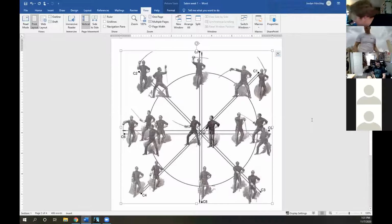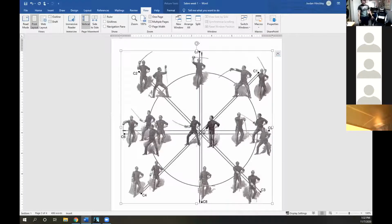So if we're looking at this, that's giving us all of the guards that he has. It also gives us all of his cuts. I will also make a note here that Hutton gives us a couple of guards and a couple of cuts in this diagram that he doesn't with his cutting that we're going to do. So the guards that he doesn't go over,